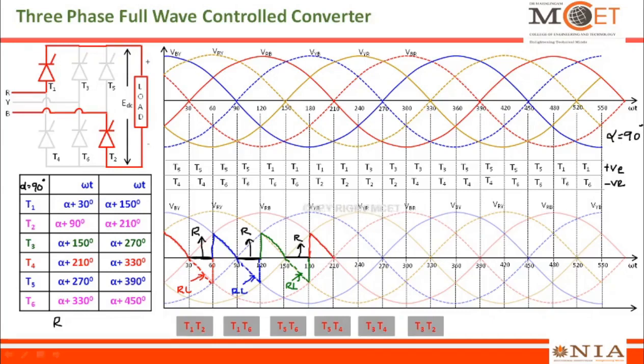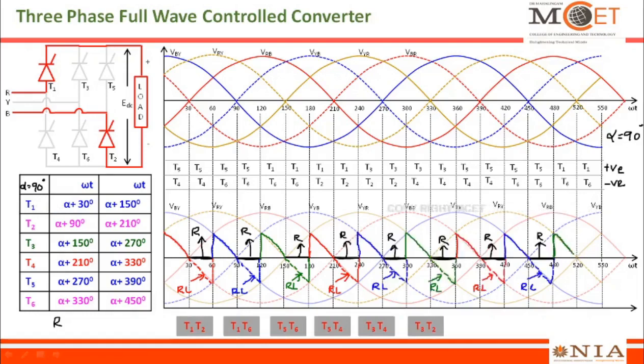At this point, as I said already, the load current also might have become 0 if it is an R load. So for the next 30 degrees, there will not be any conduction. Whereas if it is an RL load, the negative portion will also appear because the current through the inductor cannot come to 0 immediately. This portion is for R load. This portion is for RL load. Again, the same sequence is going to repeat for the remaining cycles also. So this is how the load voltage will look for the remaining cycles of the waveform for RL load here.